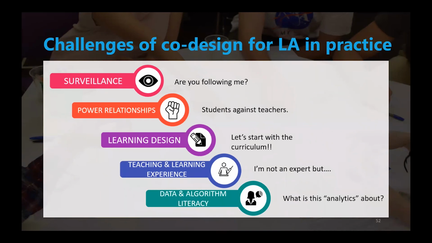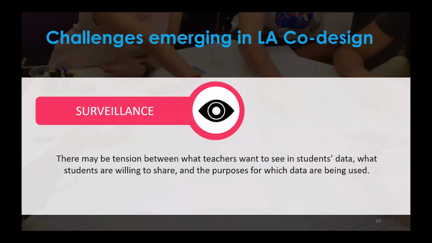The last one, data and algorithm literacy. When we talk about learning analytics, data is a main component, so people have to be able to discuss it. So the more literate they are about data, the more we can have a discussion. This can have an impact on how deep we can go into privacy and such, based on the stakeholders' data and algorithm literacy. How do they look in our case studies?